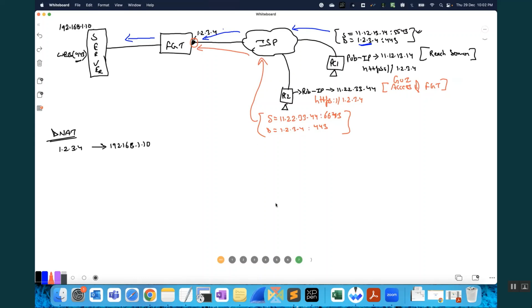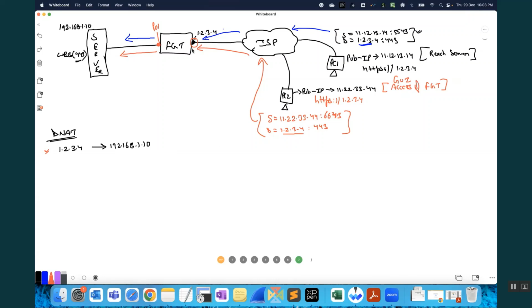Now the ISP will send it to the firewall. The firewall will modify the destination based upon the DNAT entry, so the destination will be modified to 192.168.1.10. As per routing lookup, 1.10 is behind this, let's assume port 1. So your packet finally reaches the server. So did your PC2 get the access of the firewall?